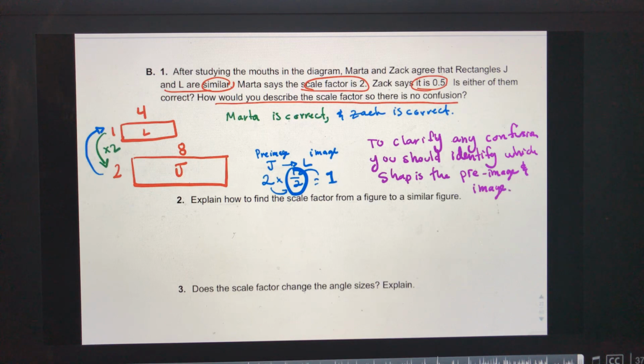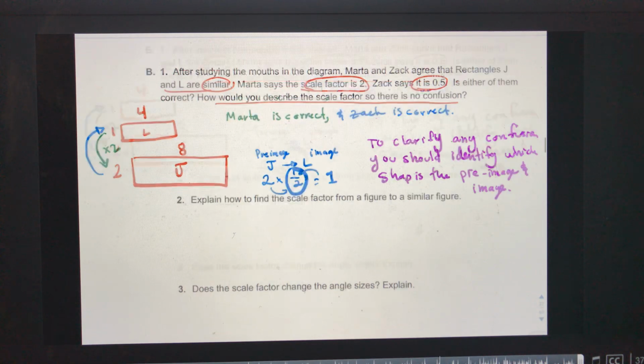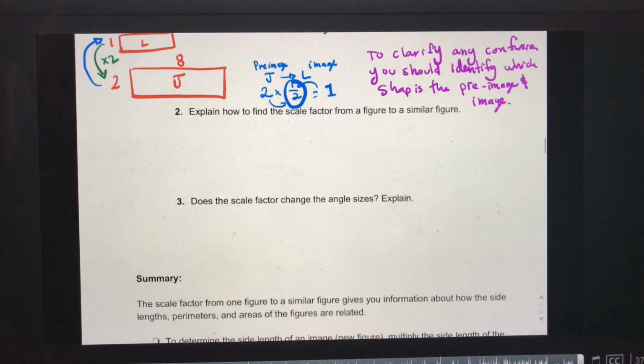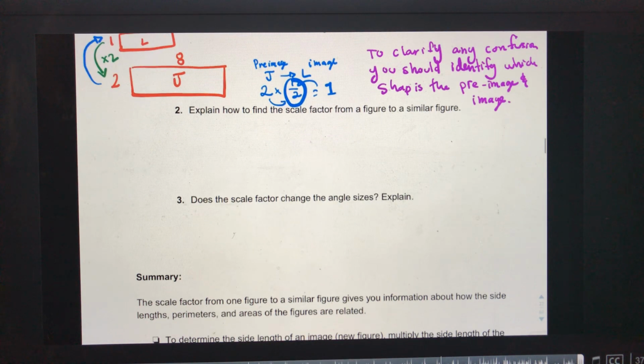If you determine which one is the starting, which one is the ending, you know that it's getting bigger or smaller. Okay? All right, number 2, explain how to find scale factor from a figure to a similar